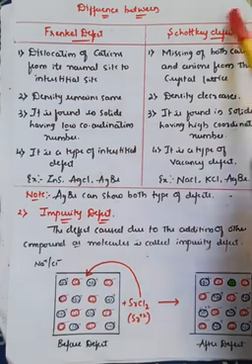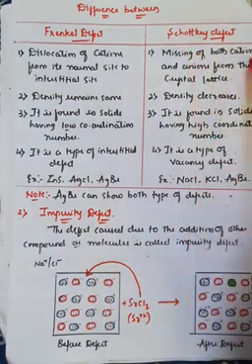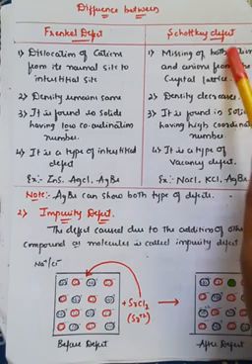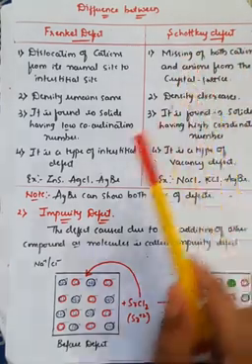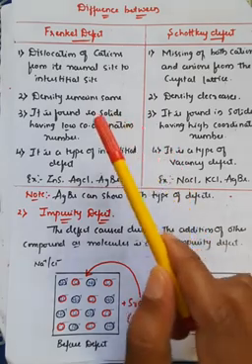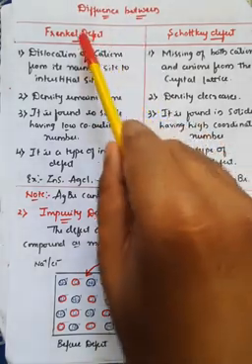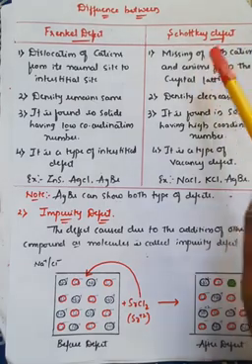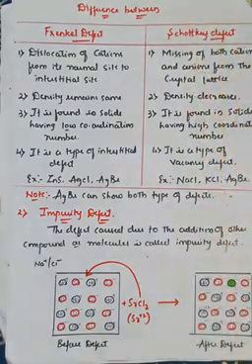But in Schottky defect, what happens? Both cations and anions go missing from the crystal system. As we have also seen in the representation, whenever both cations and anions are missing, that is Schottky defect. If only the cations are displaced to interstitial sites, that is generally called Frenkel defect, and complete missing of both cations and anions from the crystal system is called Schottky defect. That is the first important difference between Frenkel defect and Schottky defect.